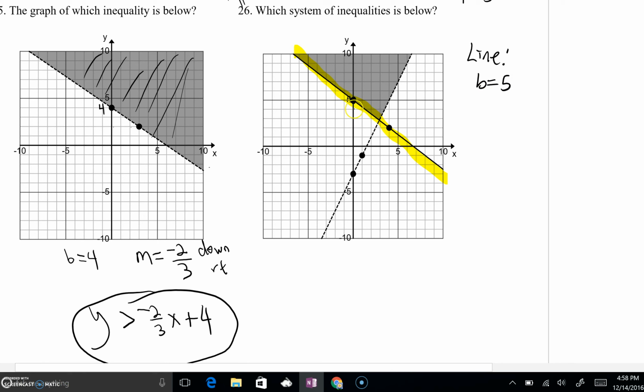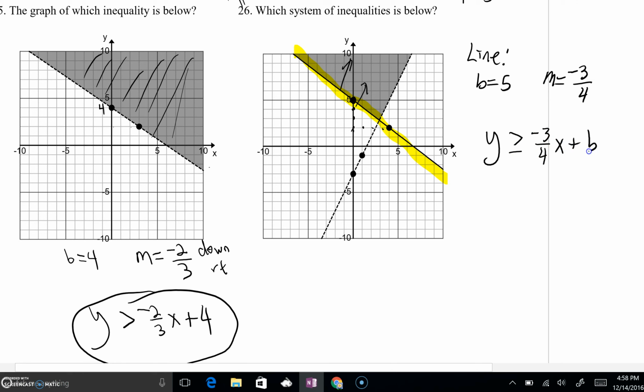To get to our slope, we'll go 1, 2, 3 steps down, and 1, 2, 3, 4 steps to the right. So we have to go down 3 and right 4. You can see this is a solid line, and that is going to have shading above the line that we just made. So we're going to have greater than or equal to,